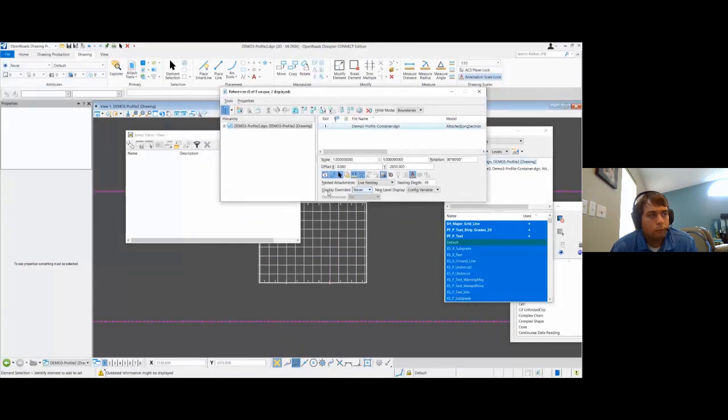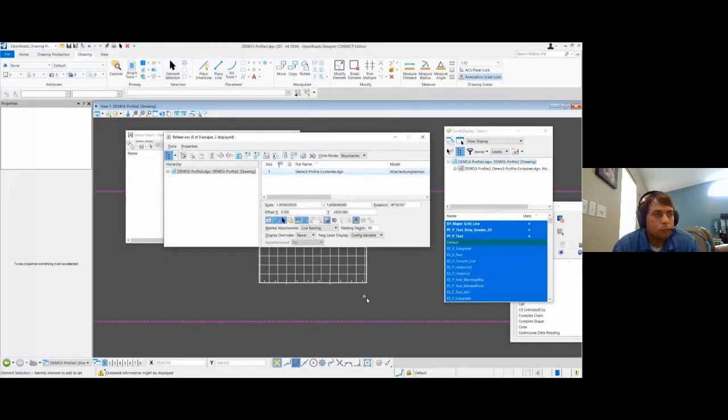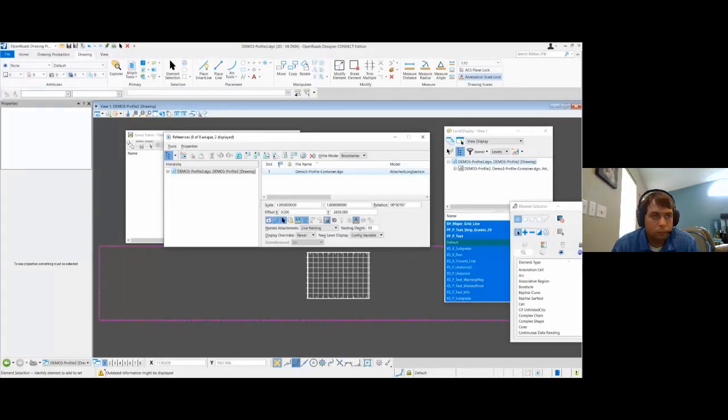And just as in plan view, display override set to never trumps the save view as well. So if I reload this file, all those are going to come back on because display override is set to never, right? So honestly, global display in profile views is really the way to go here to control levels. It pretty much does everything. And then if you need to make a one-off change, just switch your display override from never to something else, and you should hopefully have success in controlling your level displays for profiles.